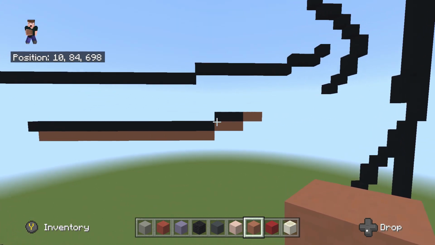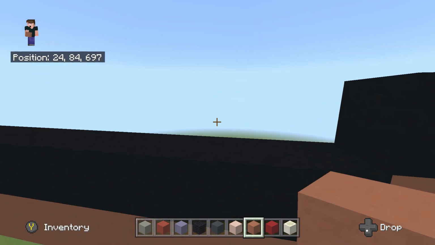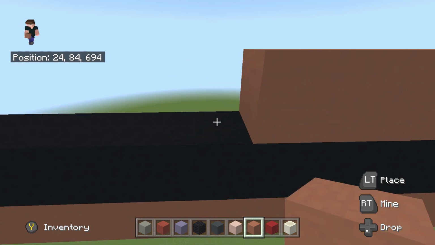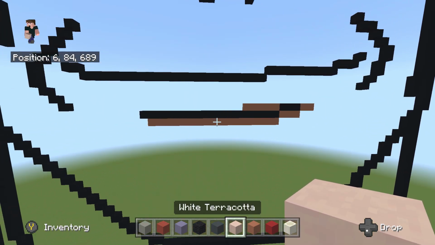The black concrete, but we're going to fly to the really left of it, so to right here, and we're going to place 5 terracotta going to the left from here. So 1, 2, 3, 4, and 5. And there we go. Once we've done this, we're going to take out our white terracotta, and we just want